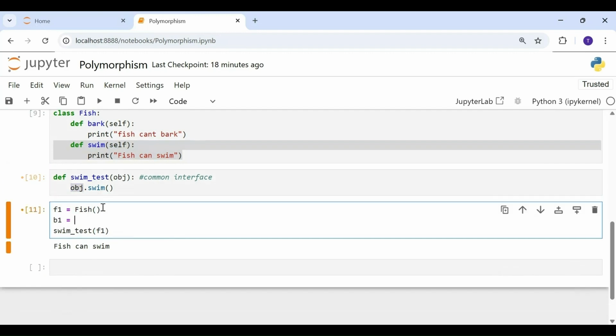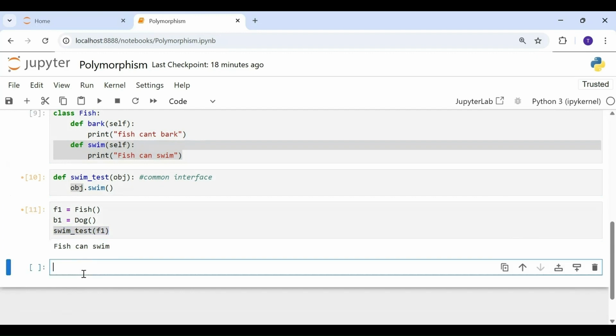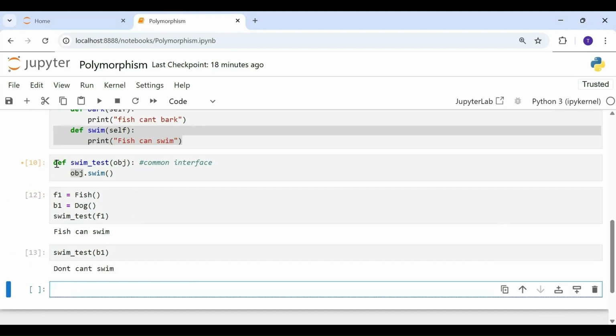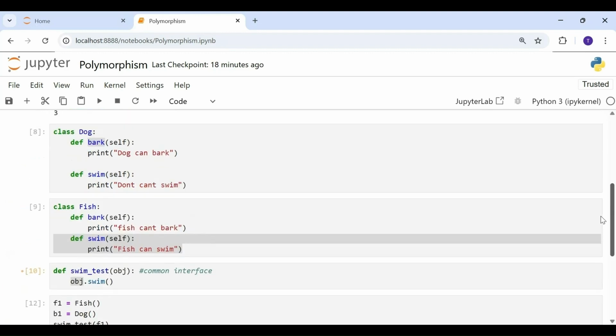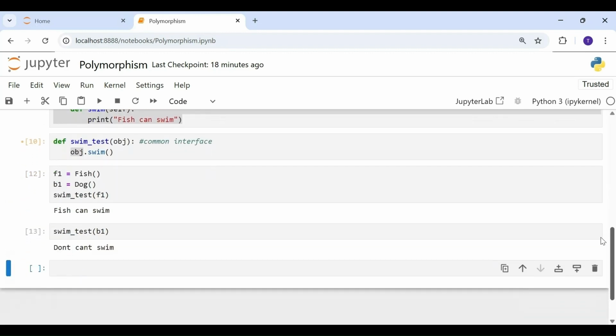For dog, again, I'm going to create an object of this dog class. And now we'll call the same method, but this time I'll pass B1 to it. And based on the input, it will accordingly call the relevant method. Here it is giving us dog cannot swim.